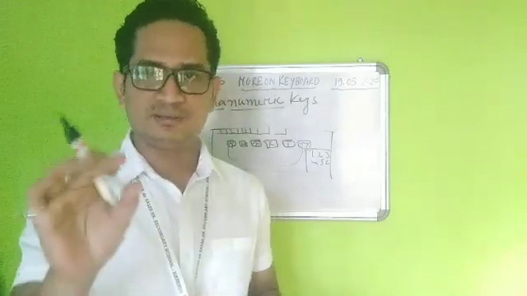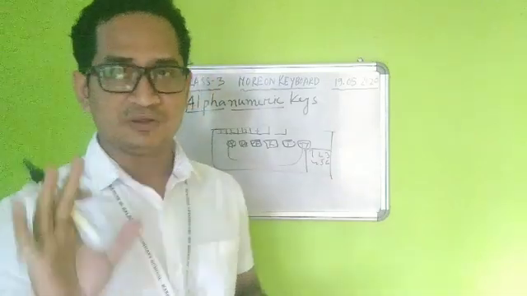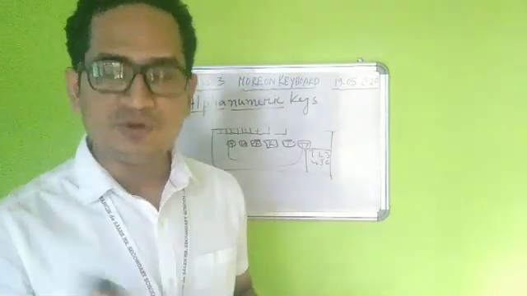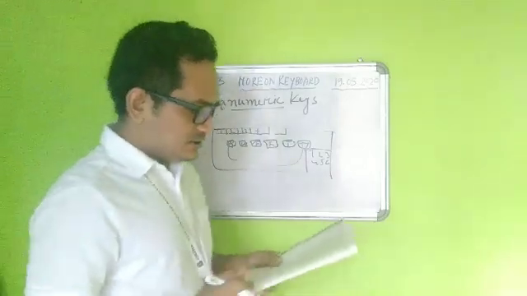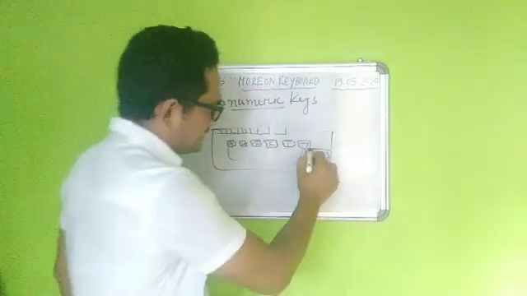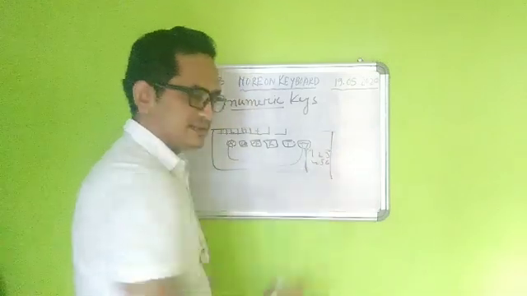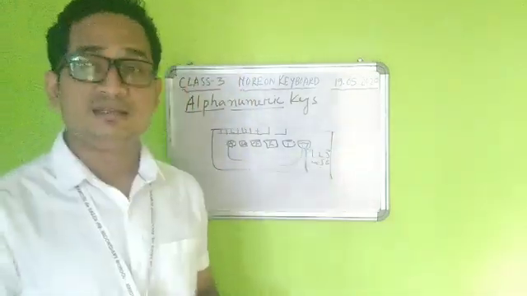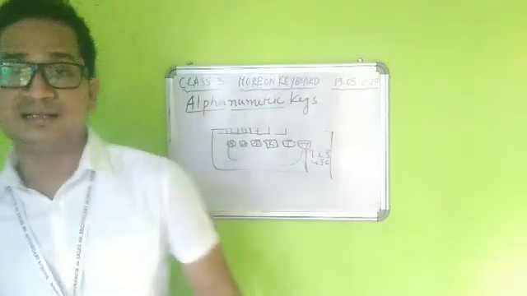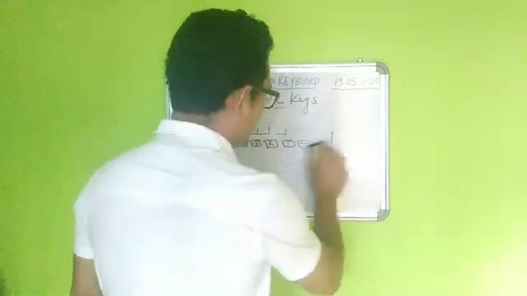So wherever the numbers and alphabets are mentioned, those will be called alphanumeric keys. Fine. So students, on the right hand side, we will see the numbers, and there will also be some symbols. Symbols means the mathematical symbols. If you have seen properly,